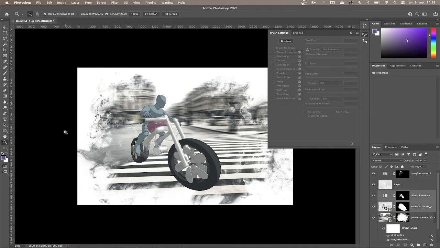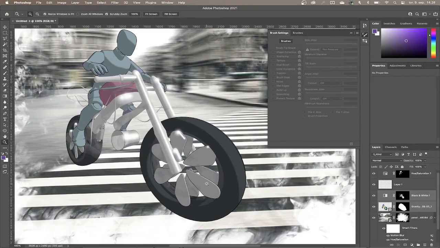Actually what I want to do here is add something on top of this. Because I want to add a little bit of, yeah, and I'm just going to make a rough selection here. Basically what we could do is choose from the colors underneath, but what I really want to do here is just have